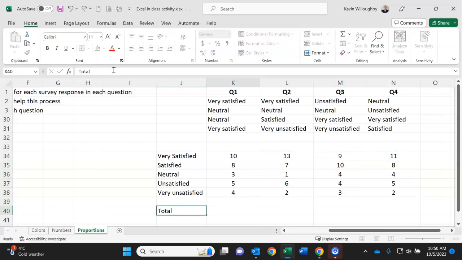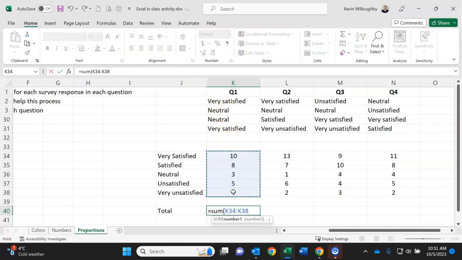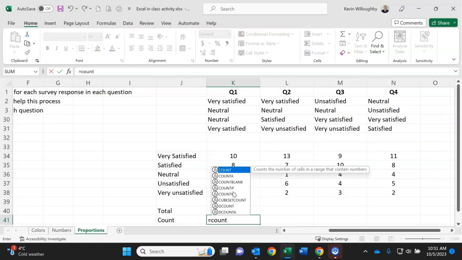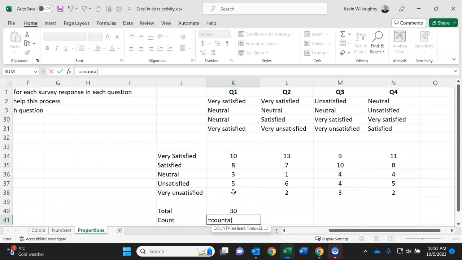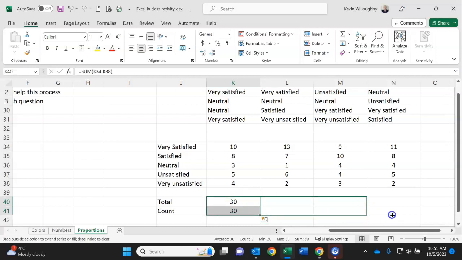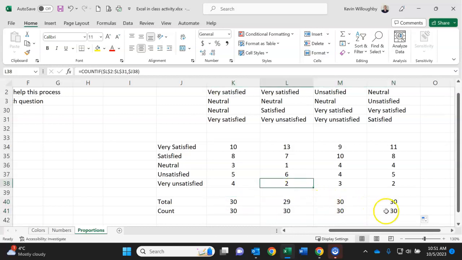Let's do a total. See how many responses we have. Equals sum, bracket, highlight all your data. We got 30. Let's do a count. We're counting the text in the responses. So the count text, it's going to be a COUNTA function, bracket, highlight all your data. So we got 30. There's actually 30 responses, and this shows that we have accounted for all 30 responses. So if we highlight both of those, drag those over, we'll realize that there's 30 total,